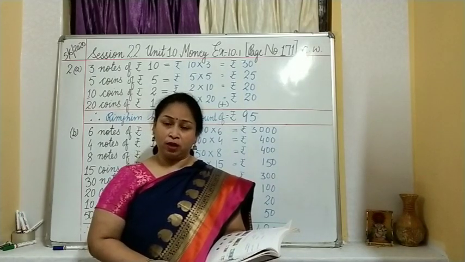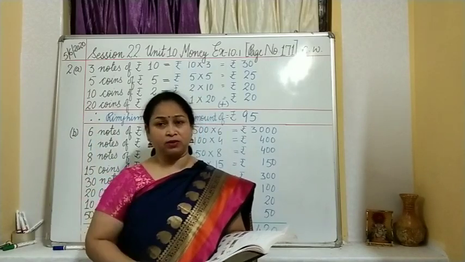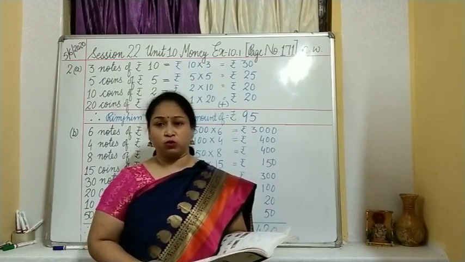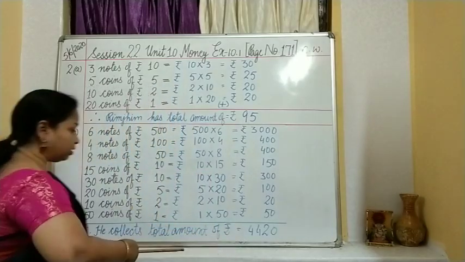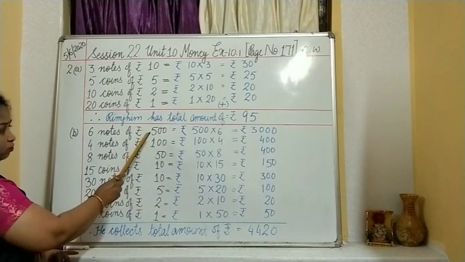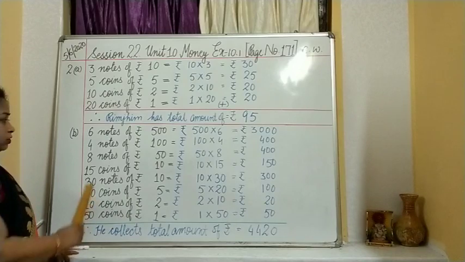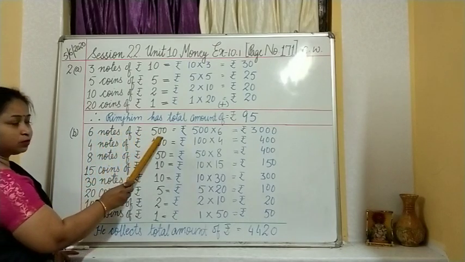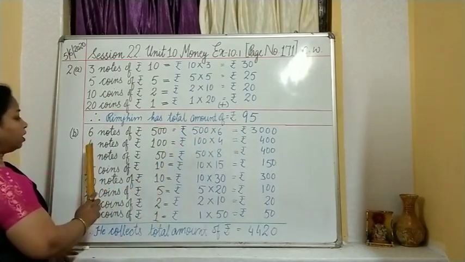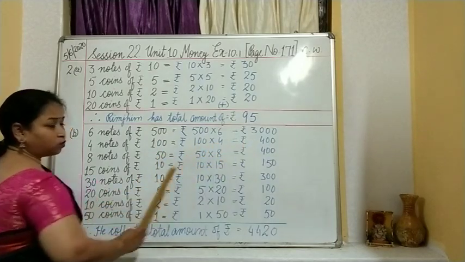So what do we have to do? Again, we need to arrange all the numbers as well as the denominations given in the question, and then we have to calculate the total amount. So you can see over here, we have already arranged it, and again you can see 500, then 100, then 50, then 10. So in a proper order you need to arrange them. 6 notes of rupees 500, it will give the value of 3000 after multiplying these two. 4 notes of rupees 100, so rupees 100 multiplied by 4, what will you get?